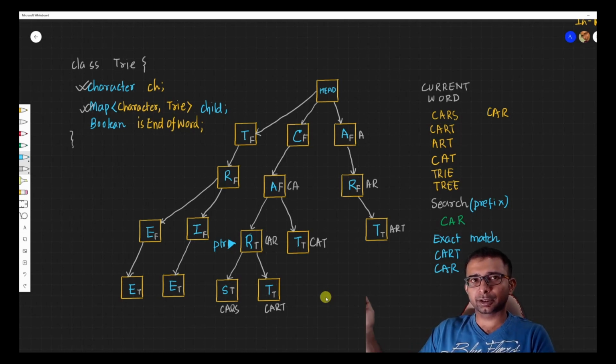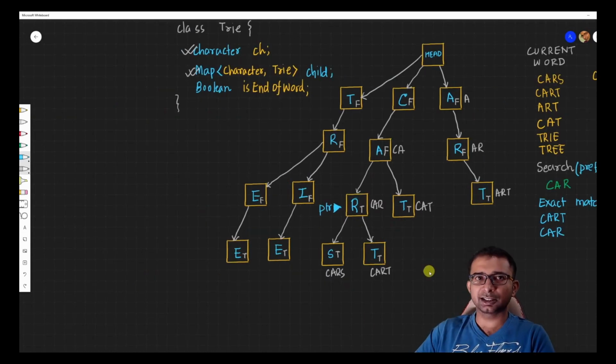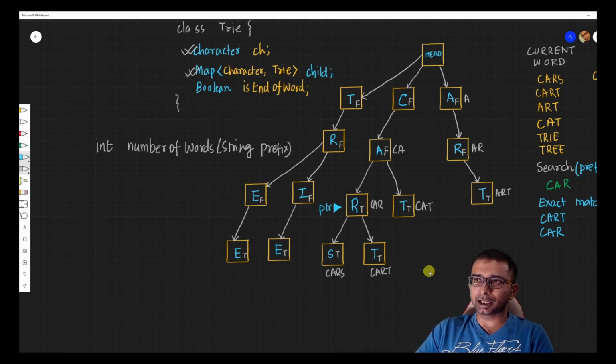I can give a task for you to complete over here. So just change this try. You already have the code. I'll share the link to the code in the description, like all my programs earlier. So your task would be to just extend this functionality and implement a function. So you take a prefix and you tell me how many children are there, not that child is there true and false. You return me a count over here.